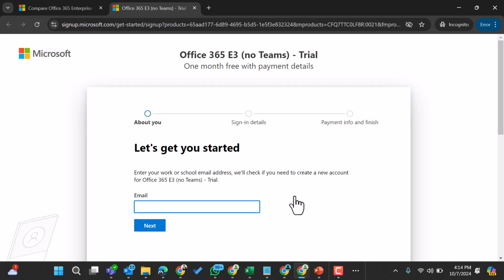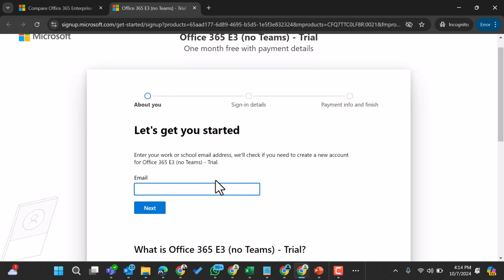Now this will take me to a page where I can put in some details to set up my account. So what you need to put here is basically your personal email. Maybe you have any email that ends with @gmail.com or @hotmail.com or @outlook.com. You can use any of them. So I'm just going to use any of my emails that I have. So I'll use this email that I don't normally use at